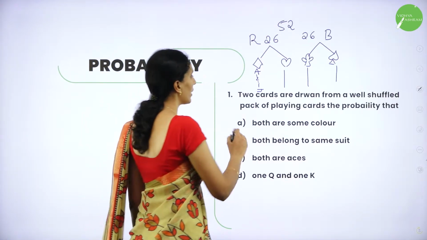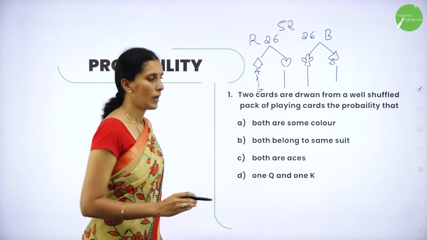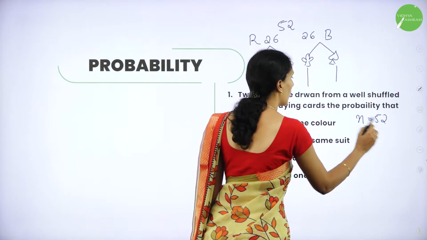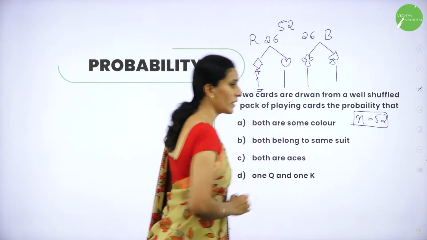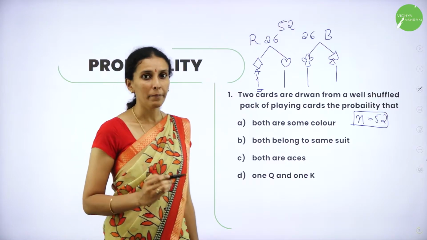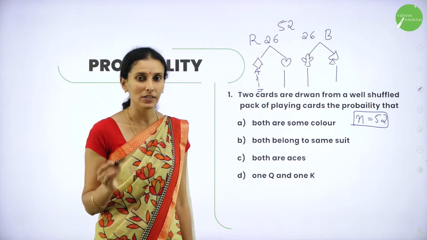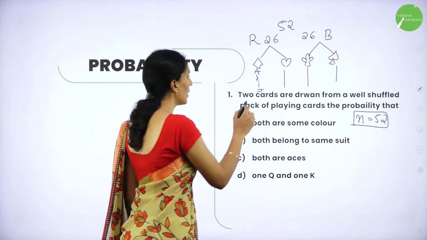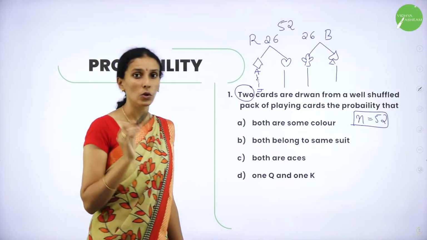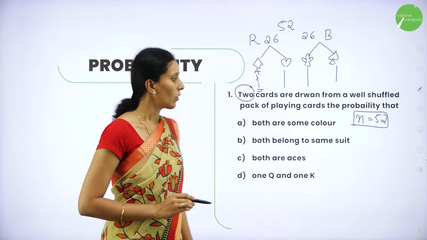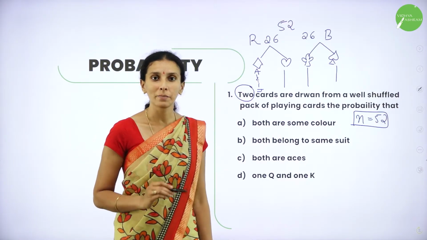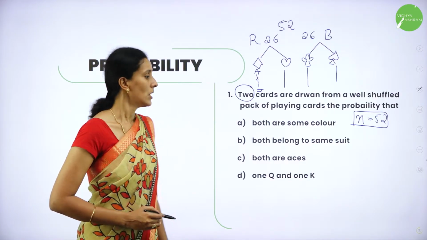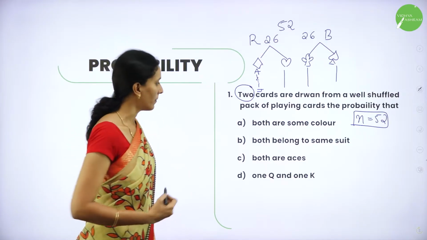So now, for this question, my total number of outcomes is always 52. But in the previous example, you were able to choose only one card. So therefore, the probability is very simple to calculate. Here, you have to choose two cards. So there comes the selection. That is why the concept of combinations is used here to find the probability. So let us study them one by one.